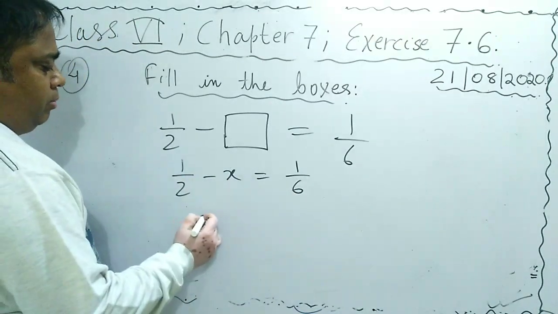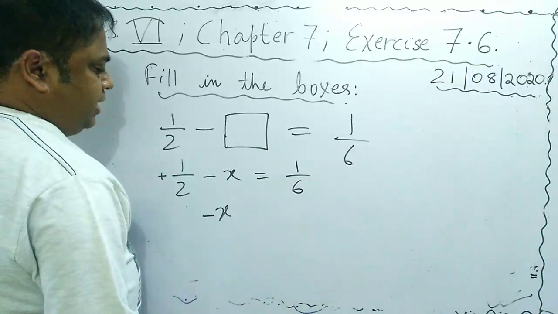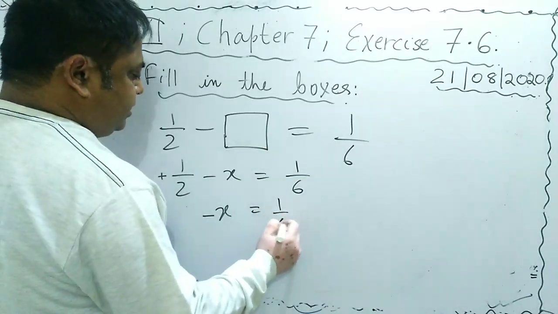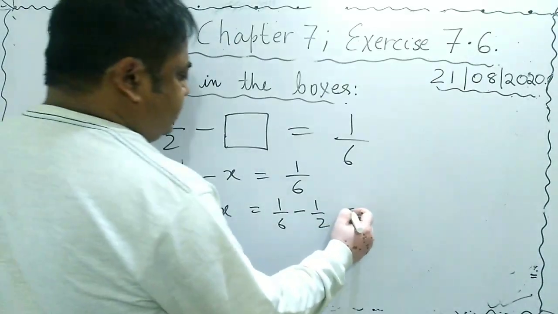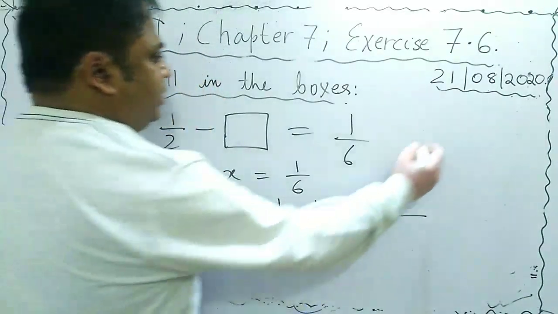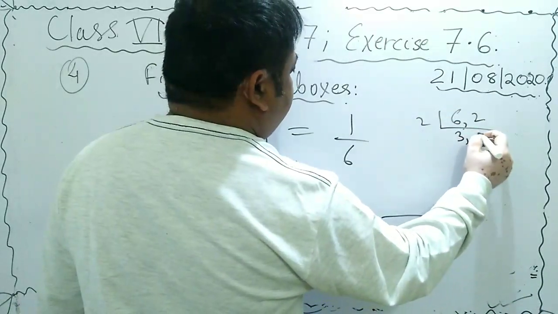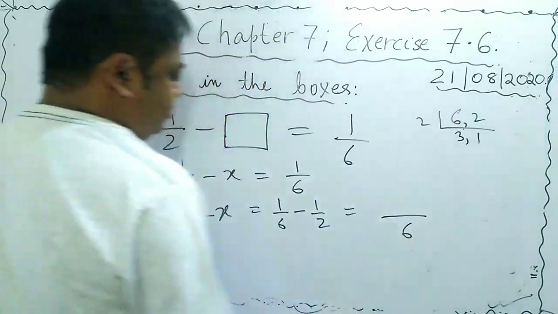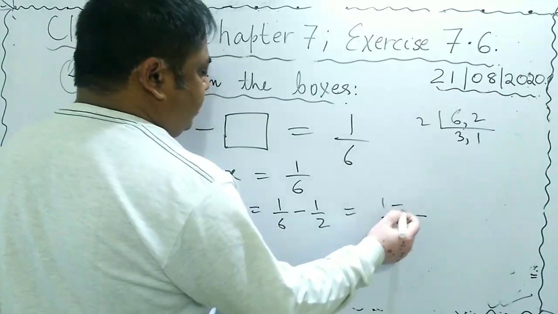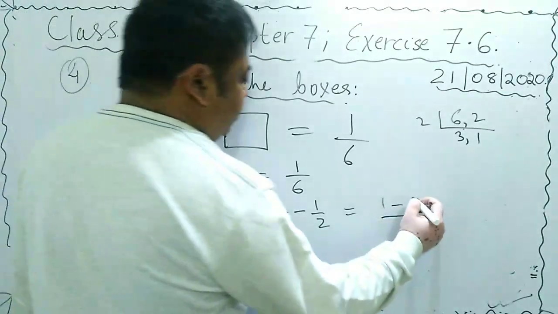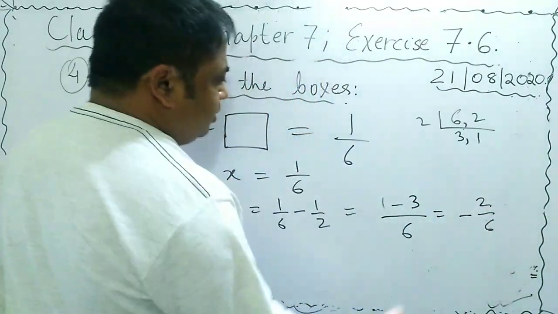तो माइनस x को यहाँ रख देंगे और ये भी तो प्लस है. This will go that side, will become 1 by 6 minus 1 by 2. So this will be written as, 6 और 2 का LCM निकाल लेंगे जल्दी से. 2 3 times and this 1 time, so it will become 6. So 6 1 is 6 and 1 1 is 1, minus 2 3 is 6 and 3 1 is 3. This will become minus 2 by 6.